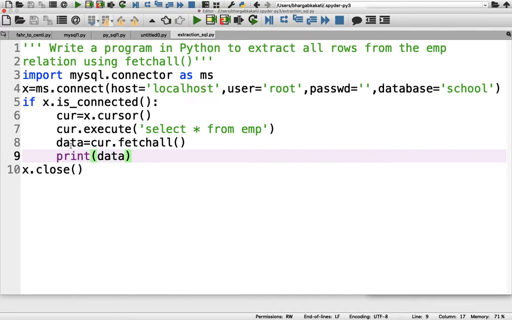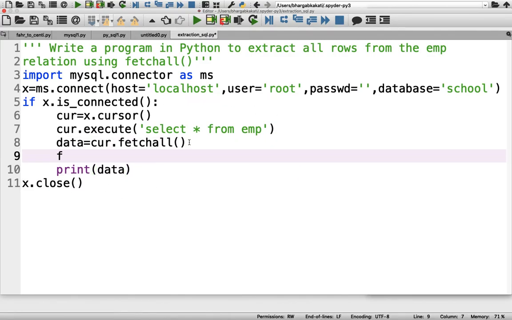Let's do it. The entire program will be the same, we just have to do some modification here. For displaying in separate lines, let's apply a for loop after this particular line: for i in data. What is i? i is the loop variable, the counter. It will just display the rows one after another.